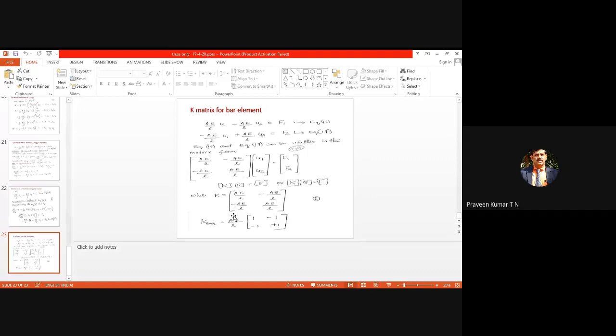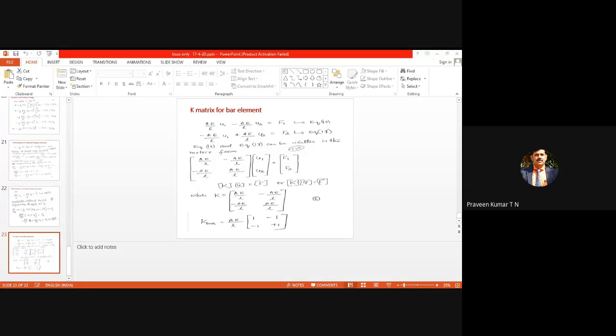Then I'll go for heat transfer. Otherwise, if you start heat transfer problems based on the penalty approach straight away, you may not understand. That's why I do some simple problems from the bar. Then I'll start with heat transfer. But on Monday, the first two classes, I do derivation related to finite element analysis of heat transfer. Okay, thank you. I'll leave the session.